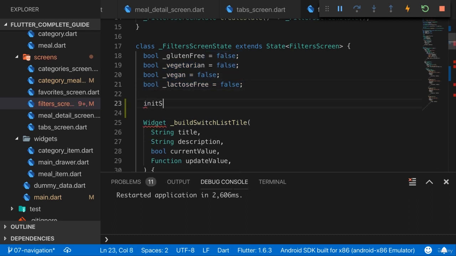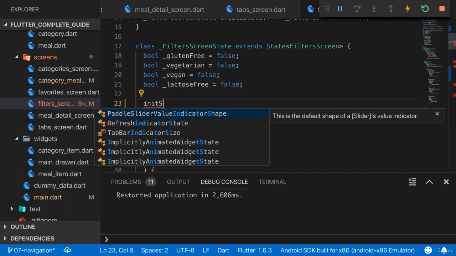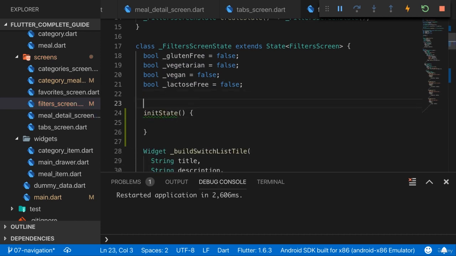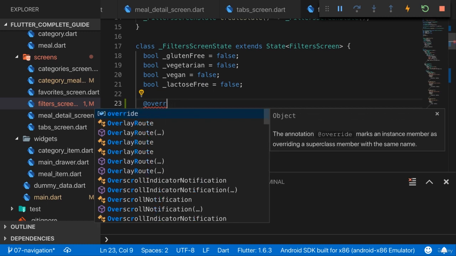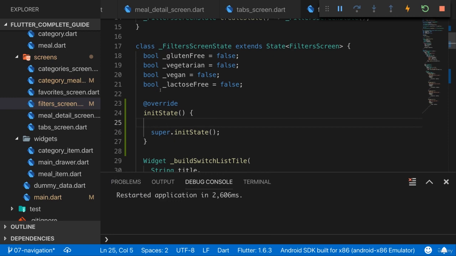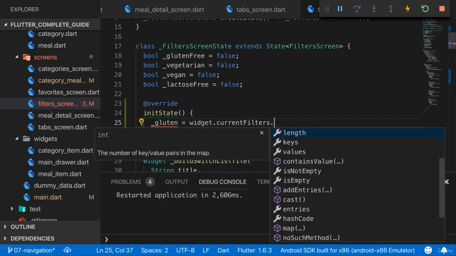Instead, we can now use initState to really set our own initial state when this state gets created, with @override, and important, with super.initState. And now in here, we can override these values based on the values we get in our widget current filters